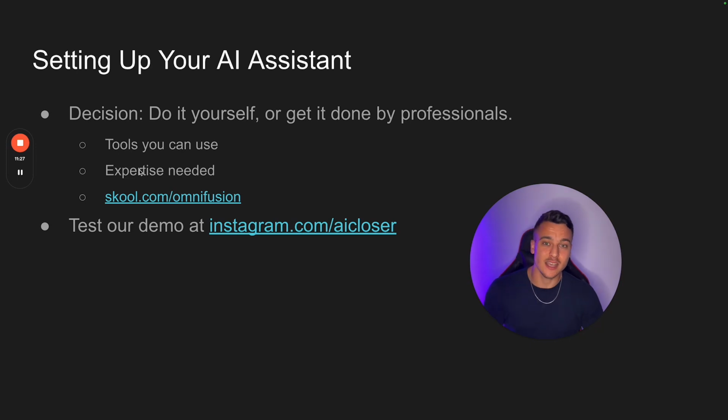However, there is some expertise needed when it comes to this with prompts, and the templates we provide are obviously the most basic versions because sharing the whole thing would be too complex. So if you do want to test out the appointment setters that we build, you can test our demo at